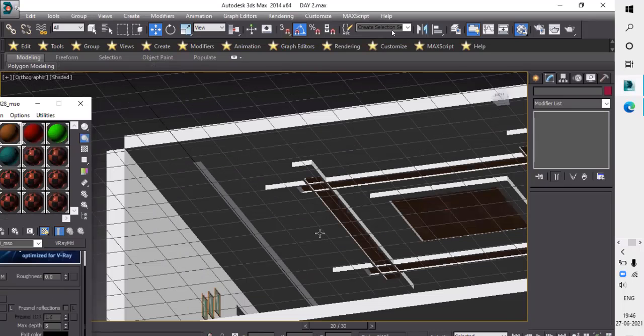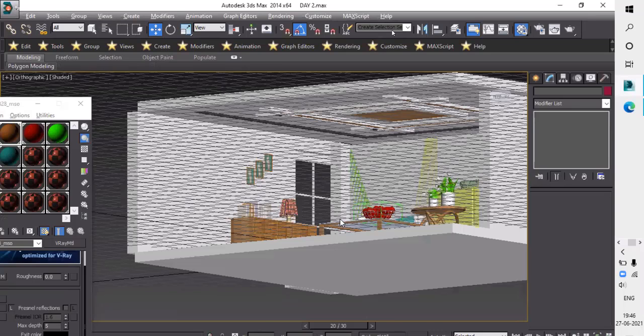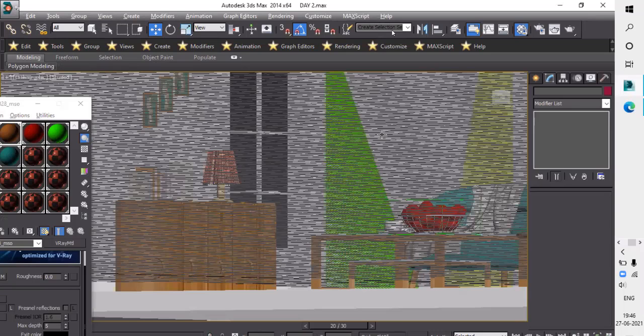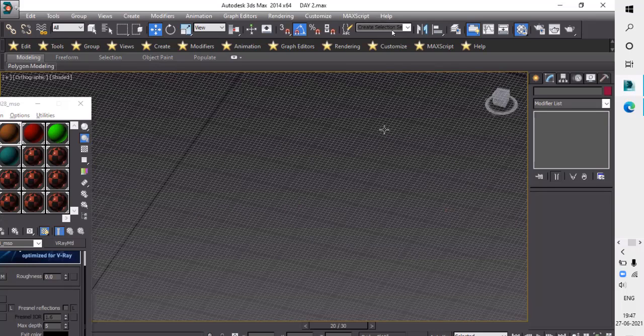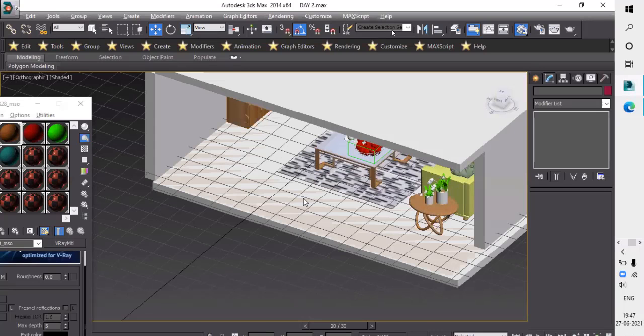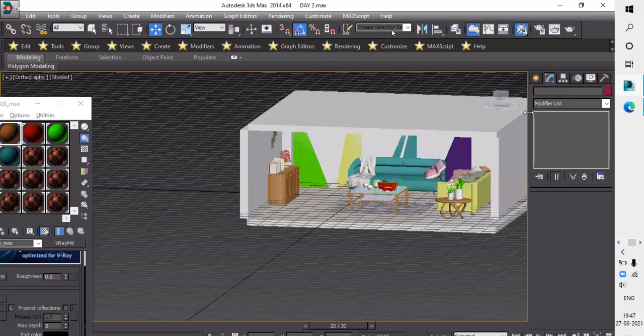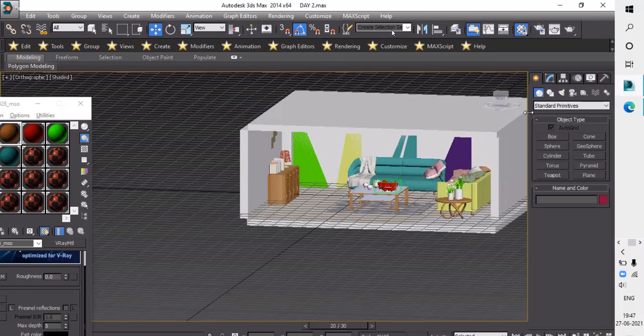Our model will be almost done. The main thing we want to know about, the next part of this modeling, is the lighting effects and camera.